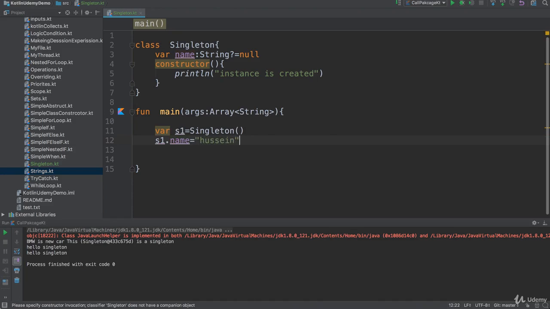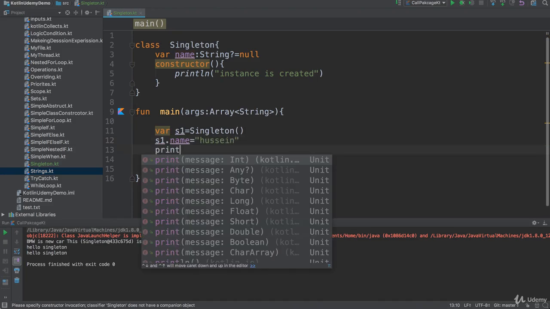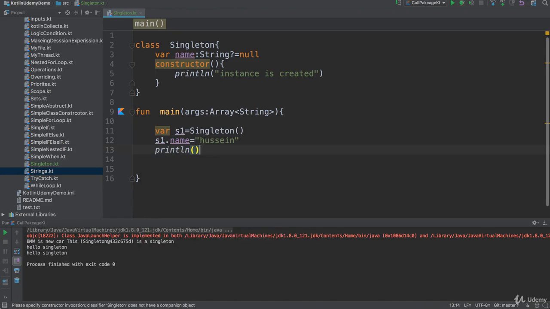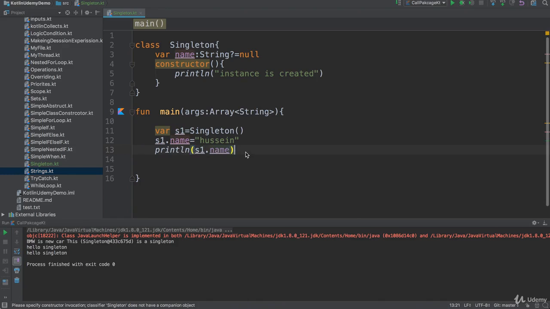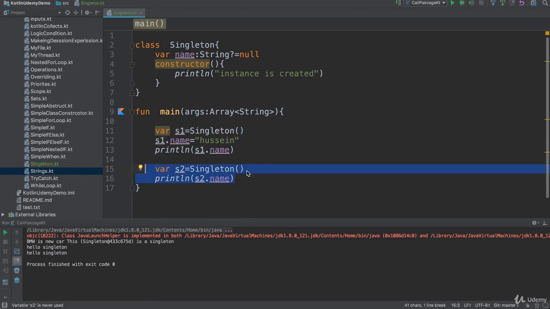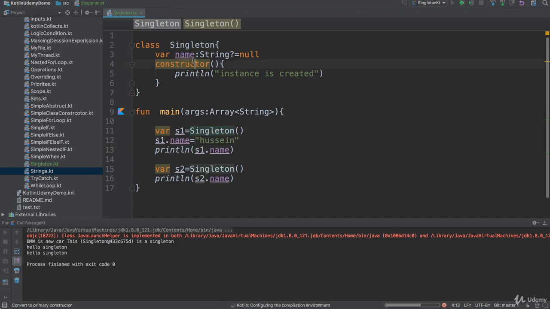That's great. Now if you want to print it, you could print it. I say println for s1.name, and it will print Hussein. Now if I create another instance from this class without initializing the name, and let me name it s2, you know what the problem is now? s2 doesn't have a name. Now if I click run,